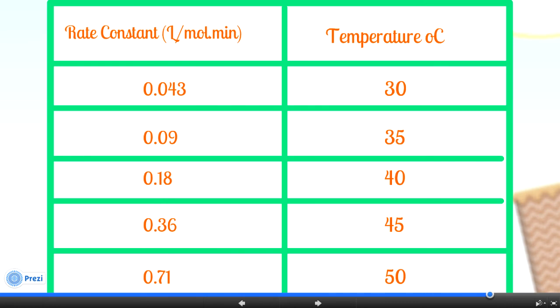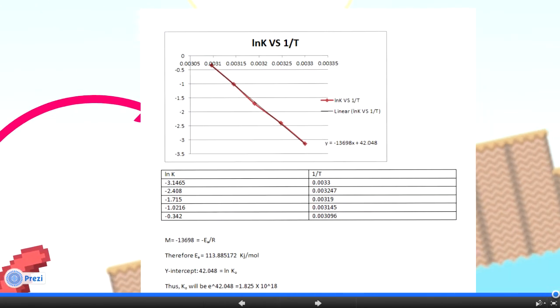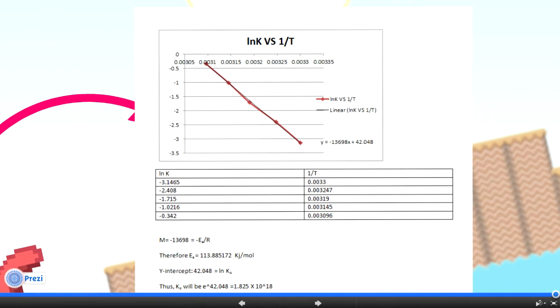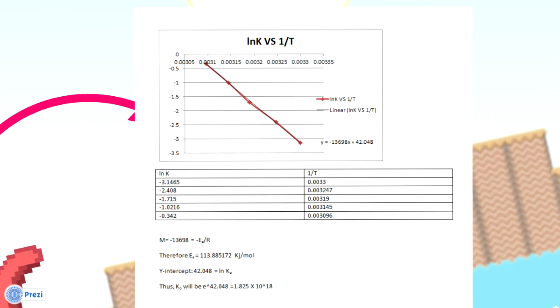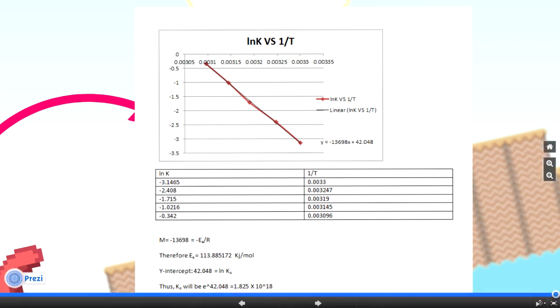To solve that question, we'll make use of the rearranged equation, which we can relate to the simple equation y equals mx plus c, where ln k is the y-axis, 1 over T is the x-axis. We can then determine the gradient of the line equation, which is negative EA over R. From there, we can calculate the EA value, which turns out to be